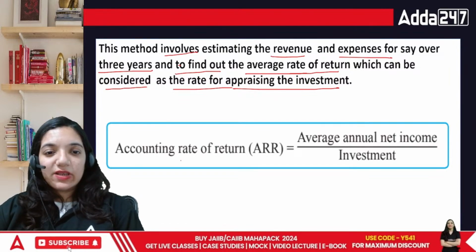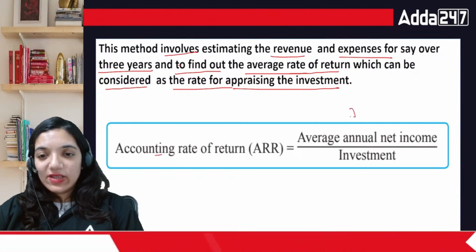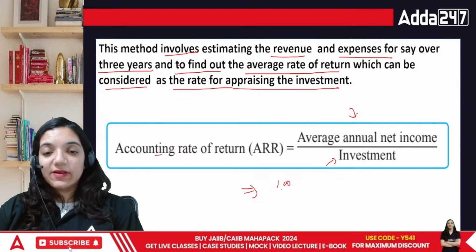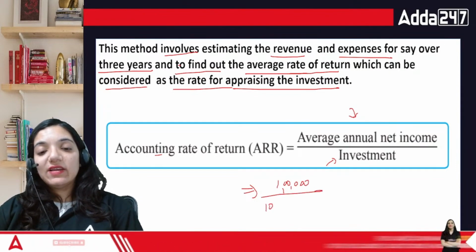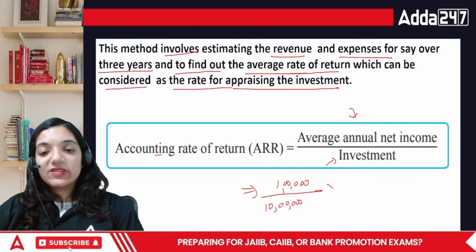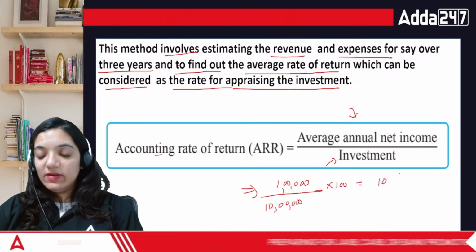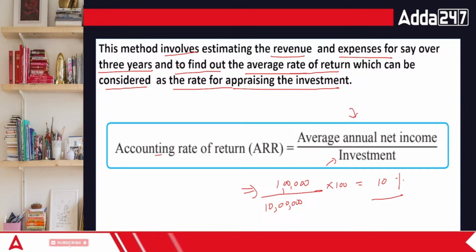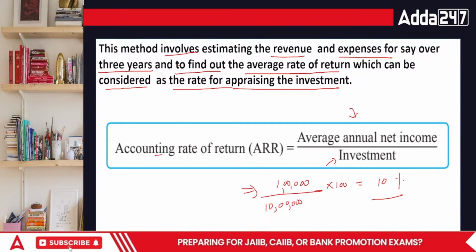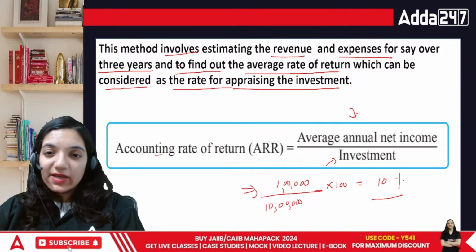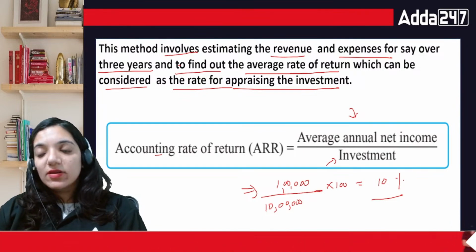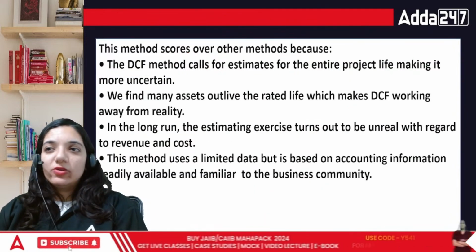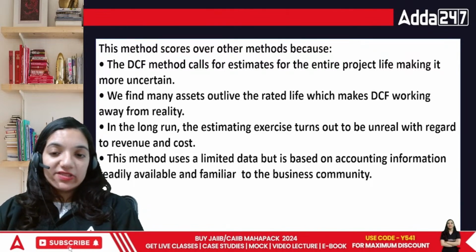Now look at this. Accounting rate of return can be defined as your average annual income divided by investment. If your income on an annual basis is 1 lakh and you invested 10 lakh rupees, then you give it in percentage. That is your 10%. This is how you define the specific area. Done, everyone? This is how we define the accounting rate of return. The higher this return, the more that particular option would be chosen. Reason: you get more returns, so you definitely look forward to that particular option.